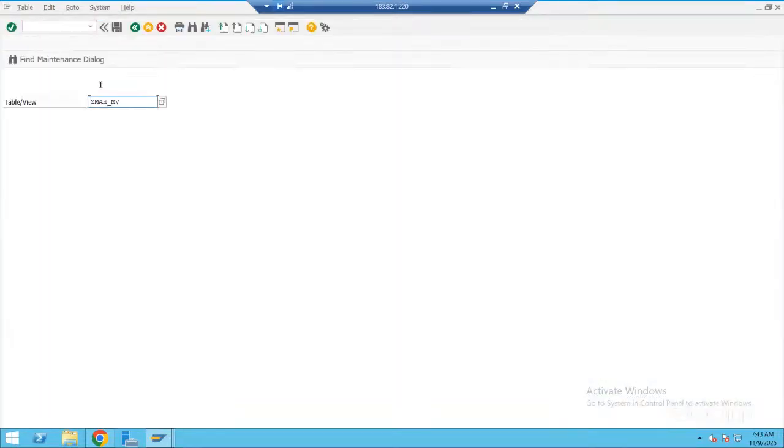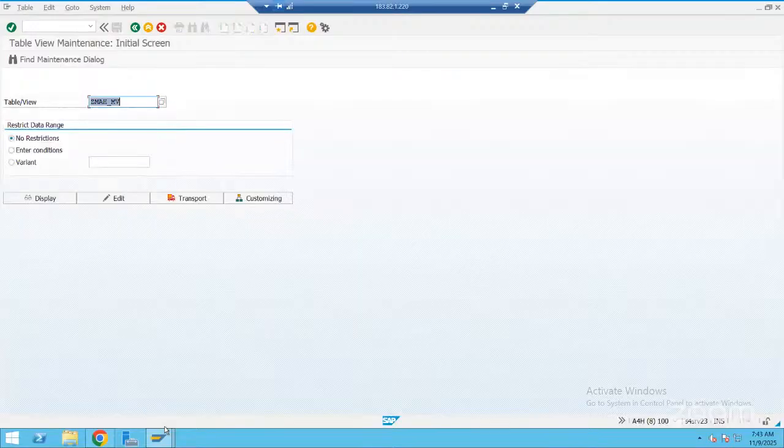To insert the data through SM30, what is the important thing we should do before that? Before that, you get the same error like this. Yes, before that, ensure that this table is maintained, and we have to maintain all technical things, package and everything. The TMG concept, table maintenance generator, needs to be activated, right?